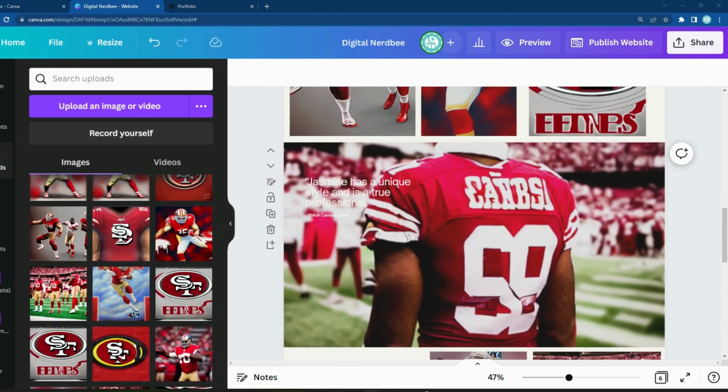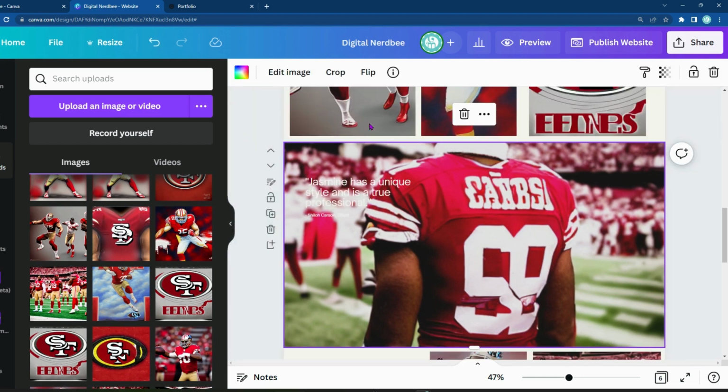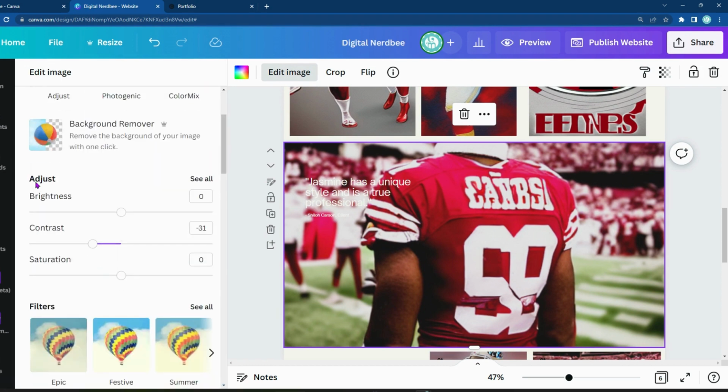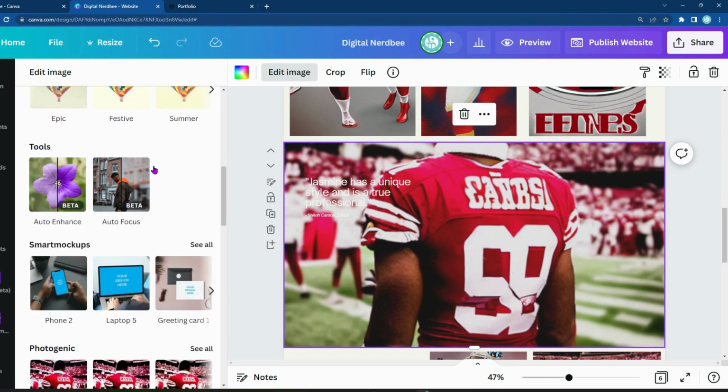One trick here that you can do is change the image after you upload it. So you just click on the image here and then you just go ahead and double click that. You'll see an edit image pop up, and in here you can adjust the brightness, contrast, and saturation, as well as add some filters. And there's some additional tools such as